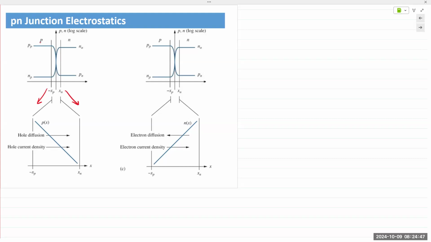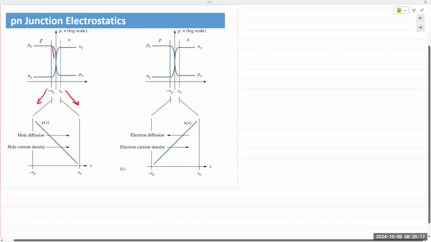The carriers try to diffuse through the material in an attempt to balance out the concentration. So when you bring a p and n-type material together, there's an imbalance of concentration of these charge carriers. There's an excess of holes in the p-type, excess of electrons on the n-type. So an excess of holes on this side means a higher concentration of holes on the P side and lower concentration of holes on the N side,